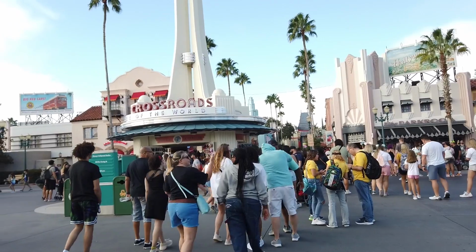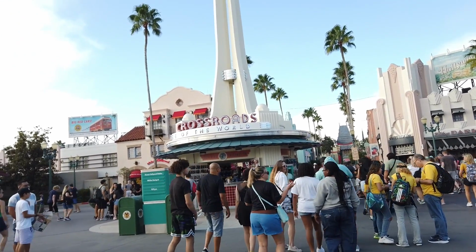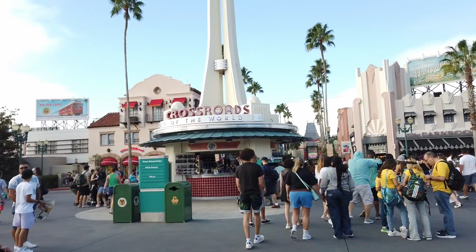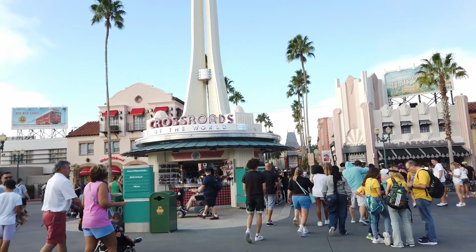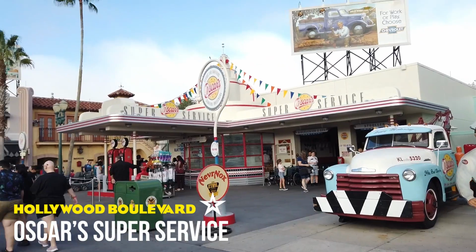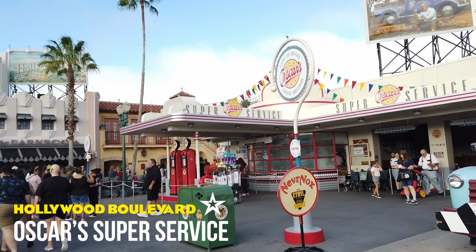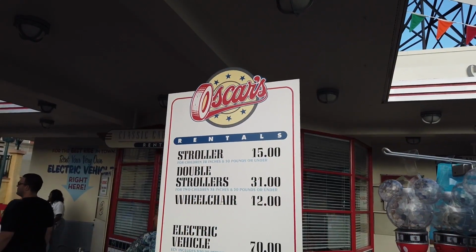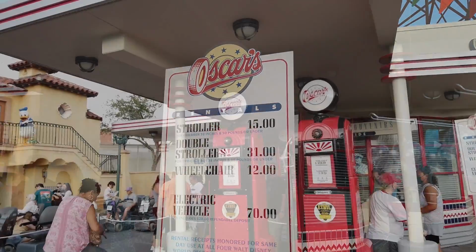Former Disney CEO Michael Eisner actually wanted to create his own version of Main Street USA, but make it a little bit more Hollywood-esque, a little bit more Hollywood appropriate. So first things first, when you get into Hollywood Studios, over here on your right is Oscars Super Service. This is where you're going to grab your stroller rentals, ECV rentals, wheelchair rentals, and